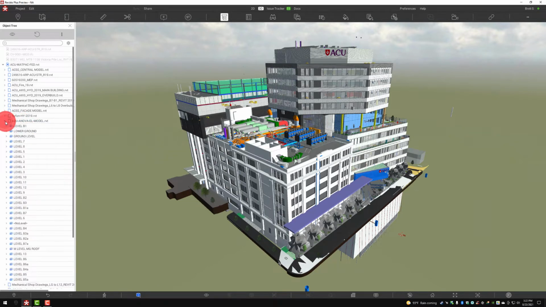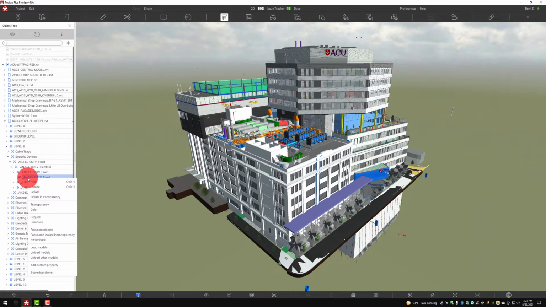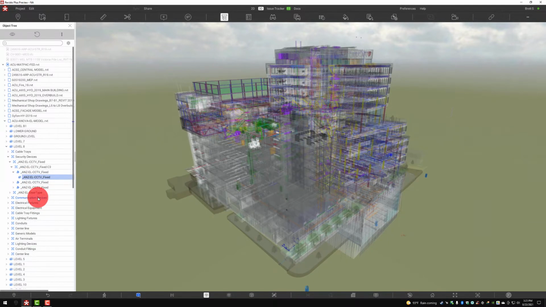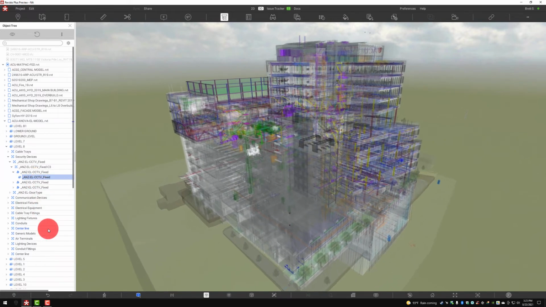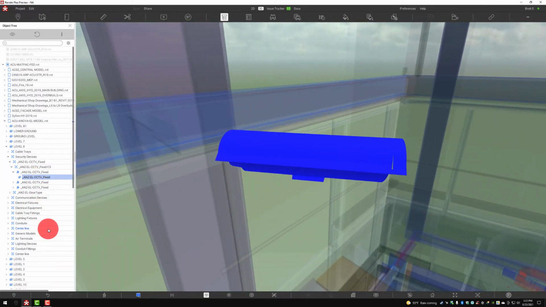The object tree simply allows us to drill down into these areas and see these individual objects as they exist in the model. So here we can isolate and focus on that object, and as you see, it will take us directly to that individual object, allowing us to then open its properties.